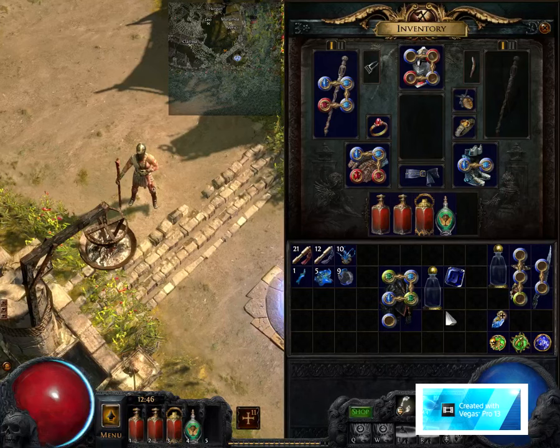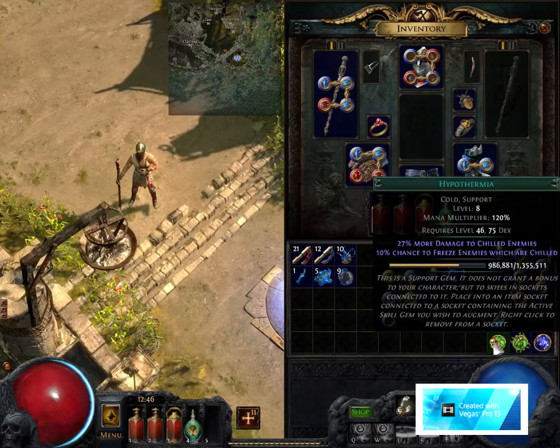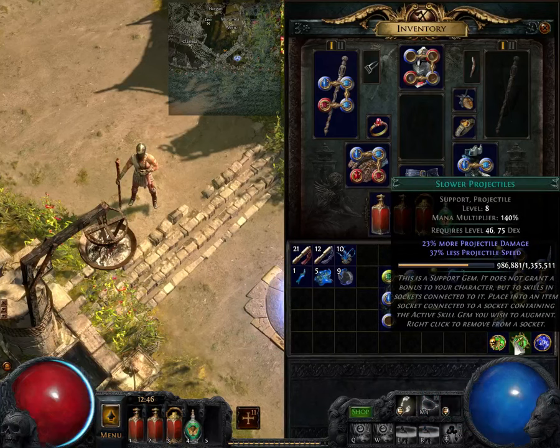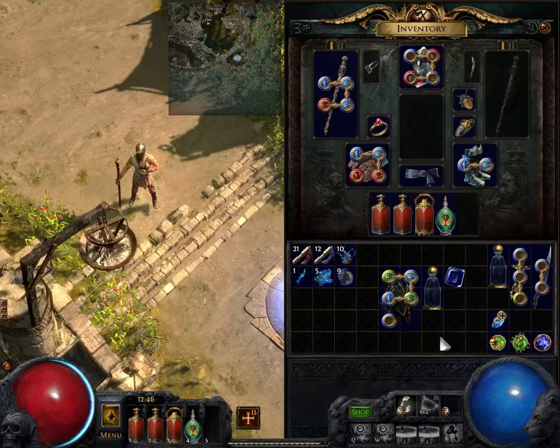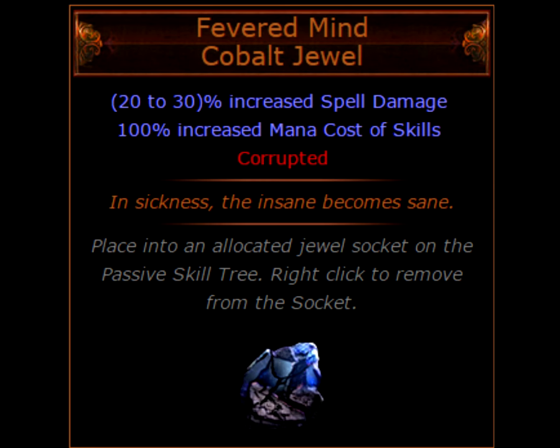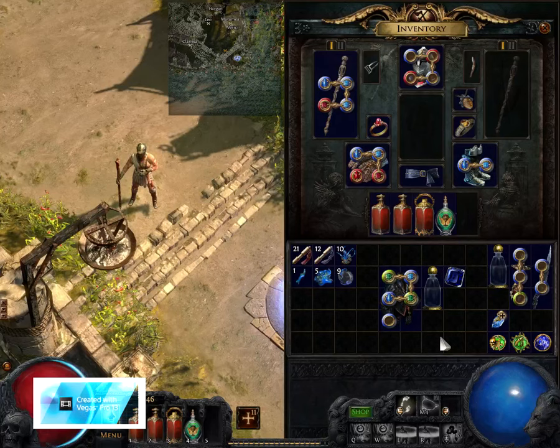Further progression with the build involves getting the unique jewel Rain of Splinters to free up GMP for a different support gem like Hypothermia, slower projectiles, Empower, maybe even Concentrated Effect. Another unique jewel, Fervored Mind, is actually very strong as the increased mana cost will actually make it easier to keep the mana pool under 100%. Upgrading to a 5-length Soul Mantle is obviously one of the endgame goals to keep the damage and mana costs